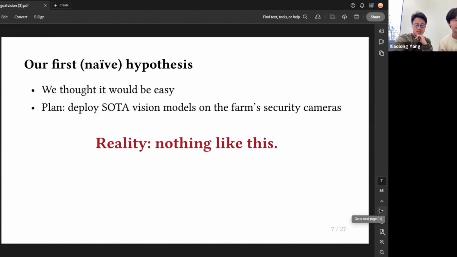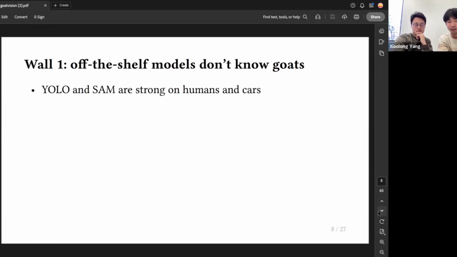A lot of these computer vision models were good for humans because they have special facilities that photograph humans at different angles, doing different actions, sports, cooking, all of that. That's why they're so good at recognizing humans. But they don't have much data on these Cashmere goats because there's just not a lot of them in this world. So when we tried to run these models, it just couldn't count. It couldn't recognize, as you would see in the initial video footage that we had here.